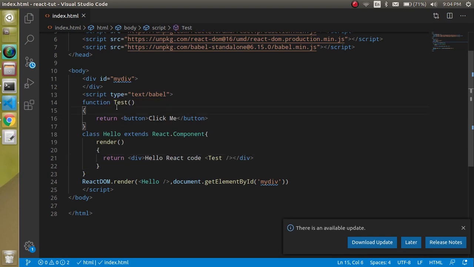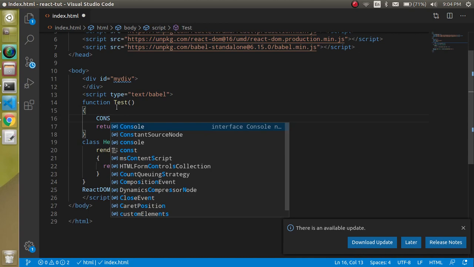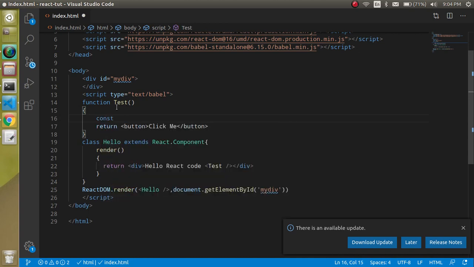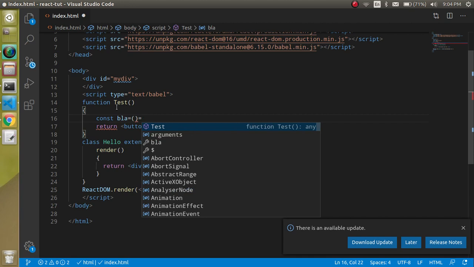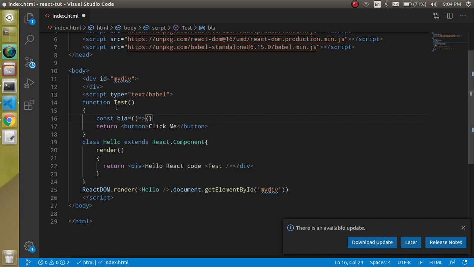Yes, you can. So let's say just take a const, right? And const name is blah blah, or you can provide your name, whatever you want, right? So just use an arrow function. What is arrow function? I will make a video on it, don't worry. Because if you are a beginner, then maybe you are worrying why these heavy keywords are used there, because you did not understand the meaning of these words now. But trust me, whenever we start working step by step, you will get to know everything, right?